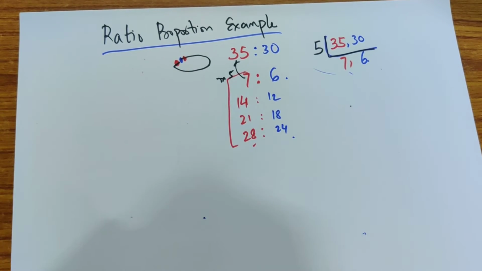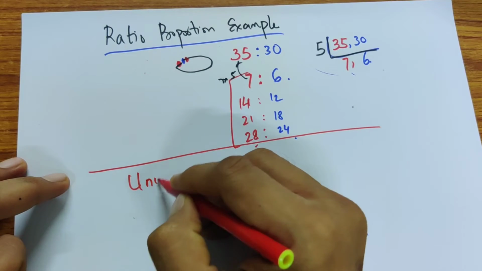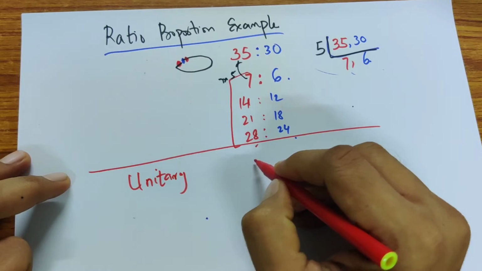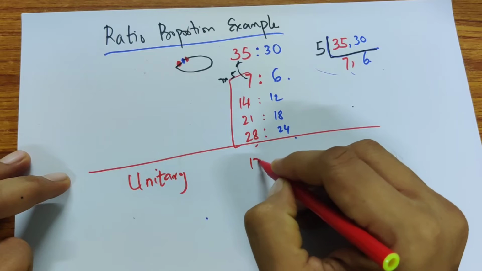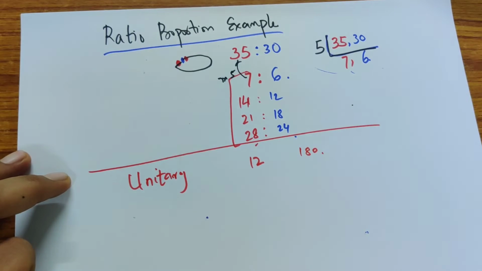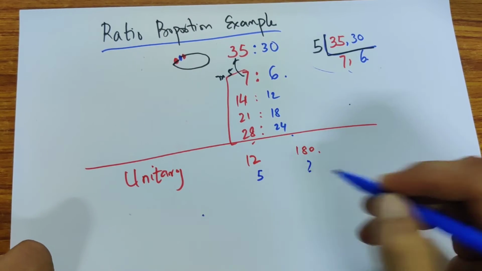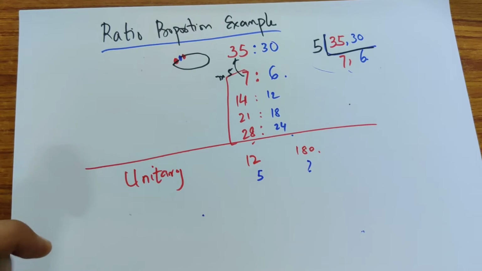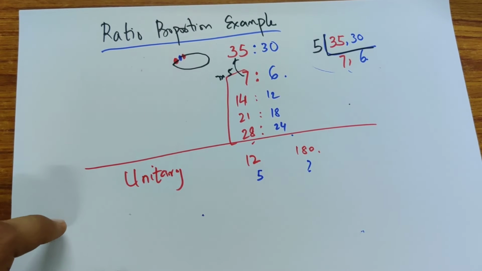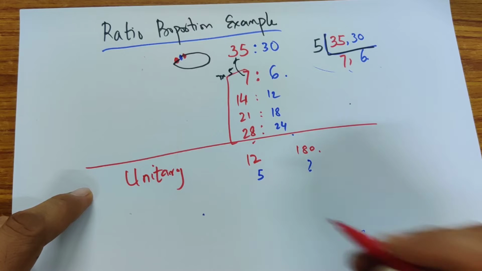So what is the alternative to the unitary? That's what I had been asked. So what does the unitary question kind of mean? It says that 1 dozen balls, so let's say 12 balls, cost 180 rupees. So 5 balls will cost how many rupees, right? That's the question. So if the number of balls cost is the same, that's like 1 person how much they consume, then you could have,